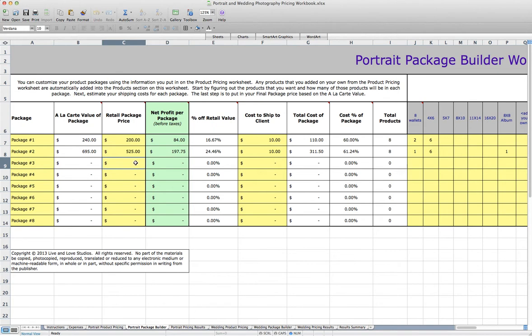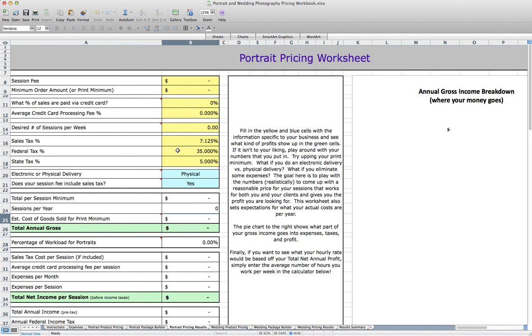After you are completed with the package builder, here we will move on to the portrait pricing results worksheet, where you will put in your session fee and your minimum order amount. We're really focused on what you will be making at a minimum for every session. Even though you're probably going to be having more sales and higher orders for probably the majority of your sessions, you just want to focus on what you're going to make at a minimum per session, just so you can get a feel for if you're going to be making a profit and not having to rely on those extra